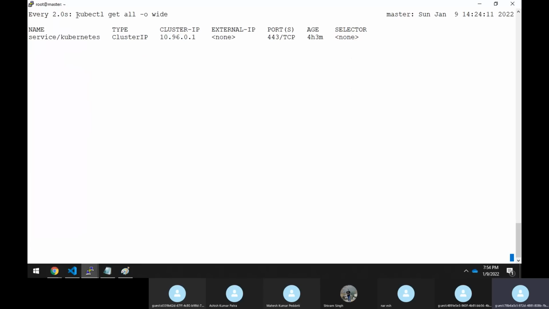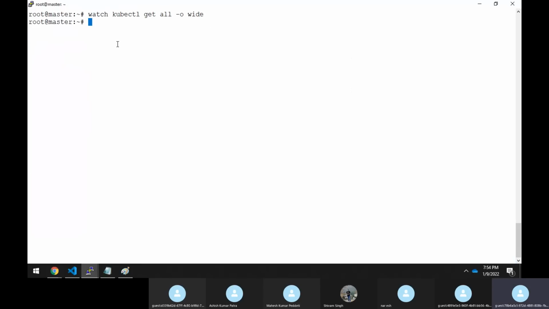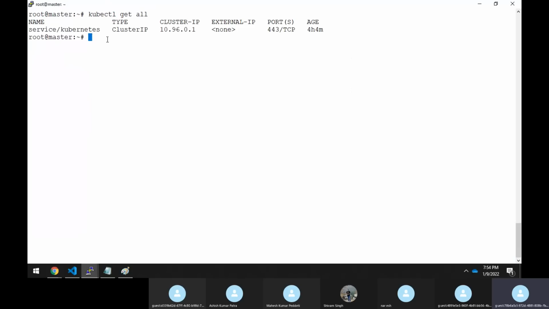Now, when I execute the command kubectl get all, we run this command basically to show what are all the current deployments running, what are the current replica sets running, what are the current services running, all those things. To showcase everything we run the single command, sir, actually. But when I execute this command, it is showing that already there is a service with the name kubernetes, sir, and it is of type ClusterIP, and it is having an IP address of